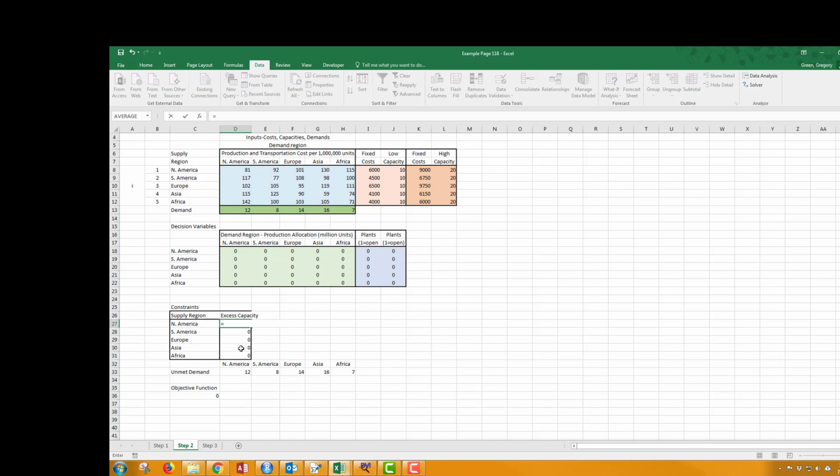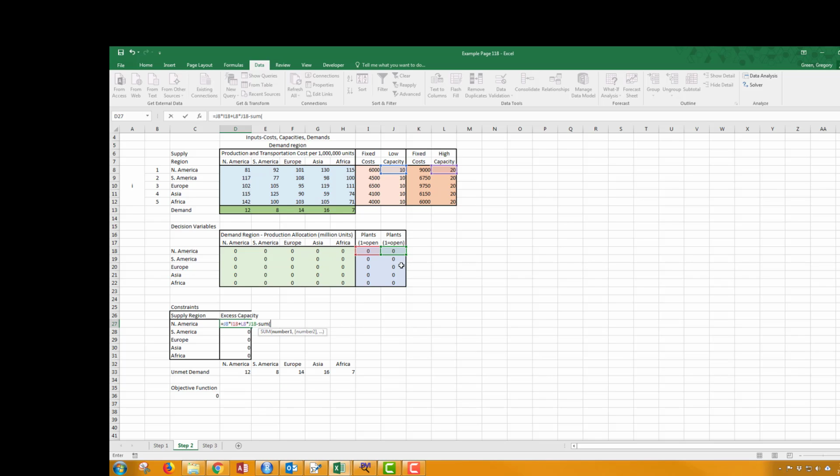It's equal to capacity, so low capacity times y sub I for the low capacity. So notice this is either going to be 0 or it's going to be 1. I don't know yet. Excel will help me choose. Plus high capacity times y sub I